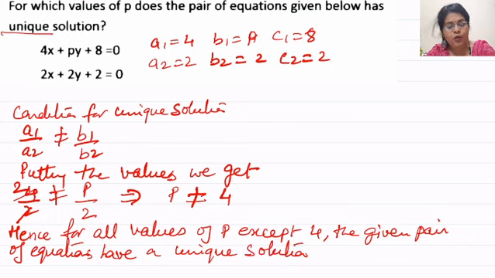So I hope you have got my point. Whenever such a type of question is there, only the value of 4 is not there for p. Otherwise, all the values except 4 belong to p. So this is also one type of question which is a little bit different, and different questions only come in the board examination. So we have to go through this type of questions importantly.